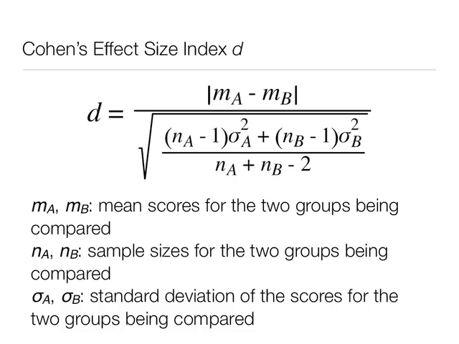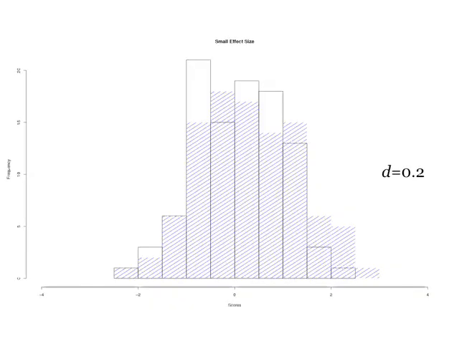So let's take a look at what these effect size numbers look like for each of the scenarios. All the diagrams we're about to look at were generated by simulations. This is not actual experimental data. Before is indicated by the unshaded set of bars in the histogram. After is indicated by the shaded set of bars. So for the first scenario, we're looking at an effect size of around 0.2, and this is what Cohen called